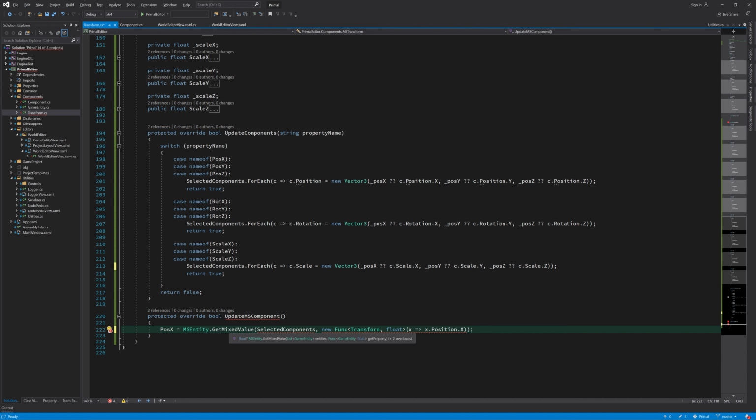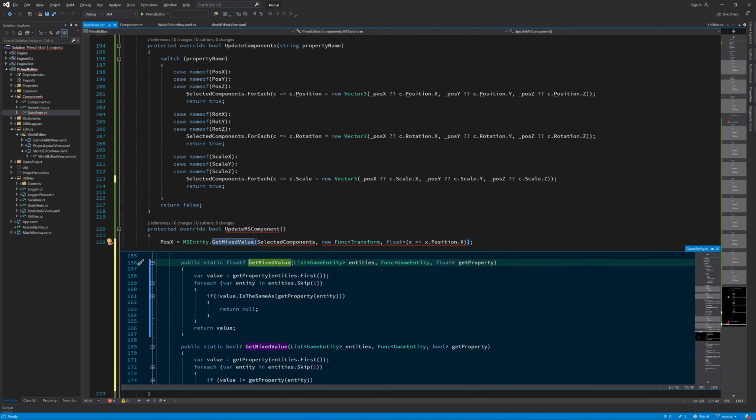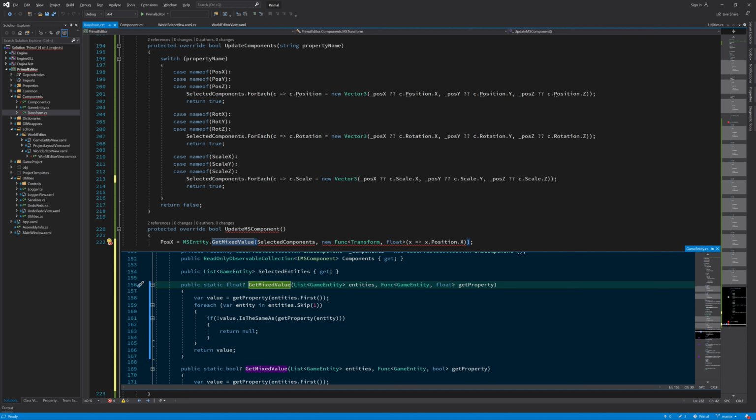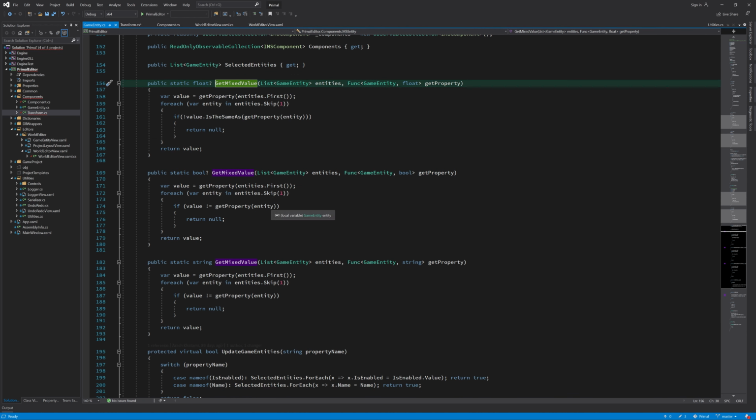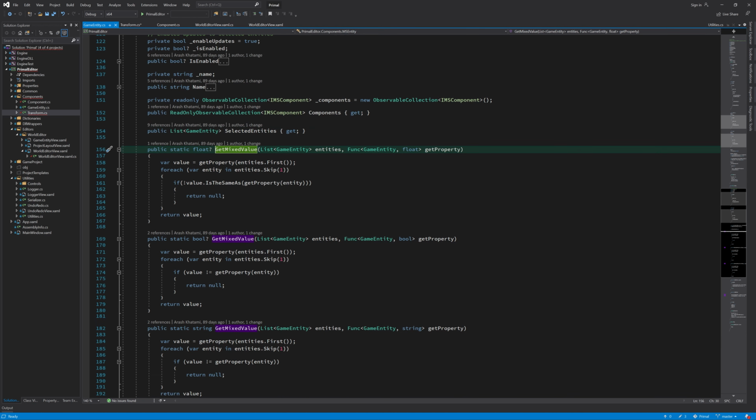Remember that we had these methods implemented that we can use to determine if some property in a collection of game entities has the same value or not. And I want to use the same methods to actually do the same for a component. But these methods only use a game entity right now. So I'll have to rewrite them in a way that they'll also accept components. And the way to do that is just to make this a generic method that can accept different types of